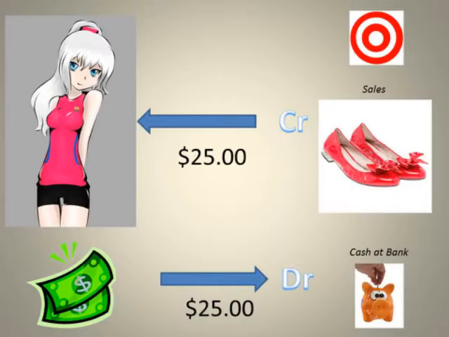But bear in mind, this is only the financial recording system. There's also, in parallel to this, the inventory system, and the inventory system would be recording 1 pair of shoes out. But that is a separate system to what we're talking about. We're talking about accounting, bookkeeping. That is the financial side of it, not the inventory side of it. So now let's have a look at what it would look like as a ledger.